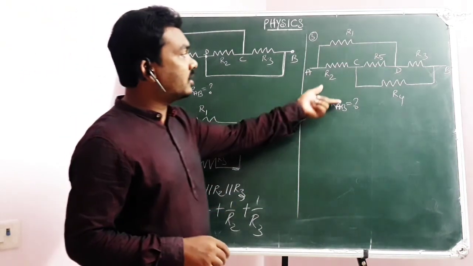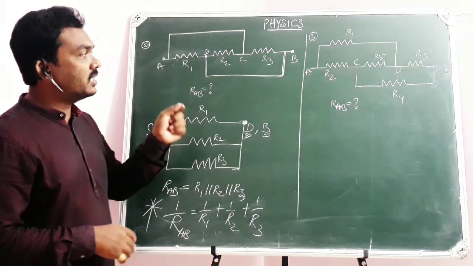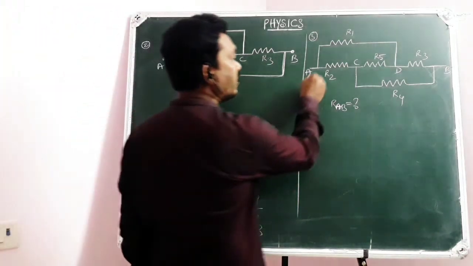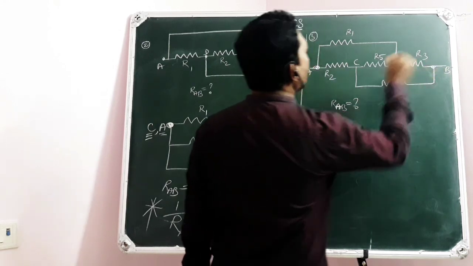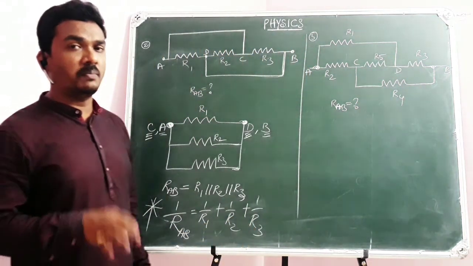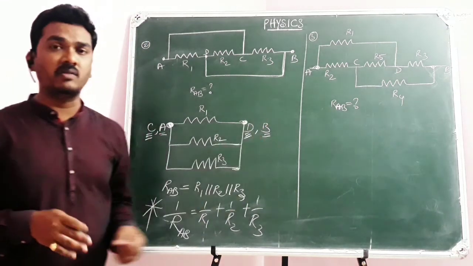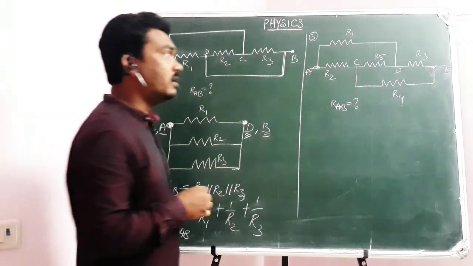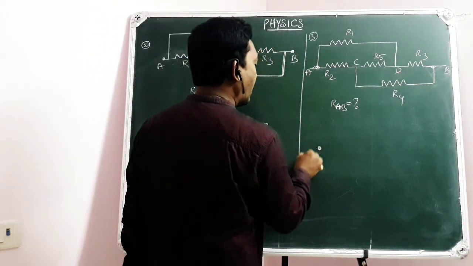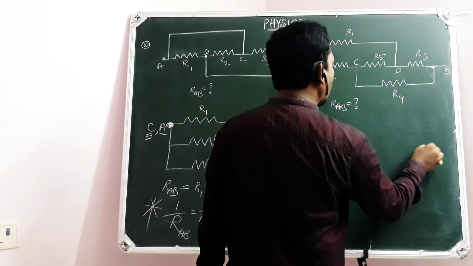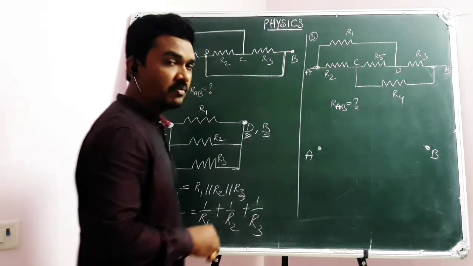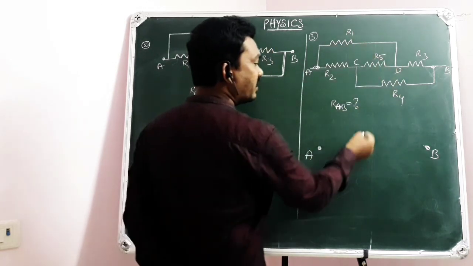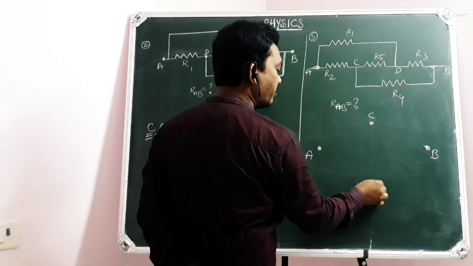And here there will be another standard question of calculating the equivalent resistance across AB. Of course, there is a possibility for applying the Wheatstone bridge principle since there are 5 resistors. But it will be applied under some terms and conditions. First of all, here this is A and this is B. You have to calculate equivalent resistance across AB. So let me take CD also. This is C and this is D.